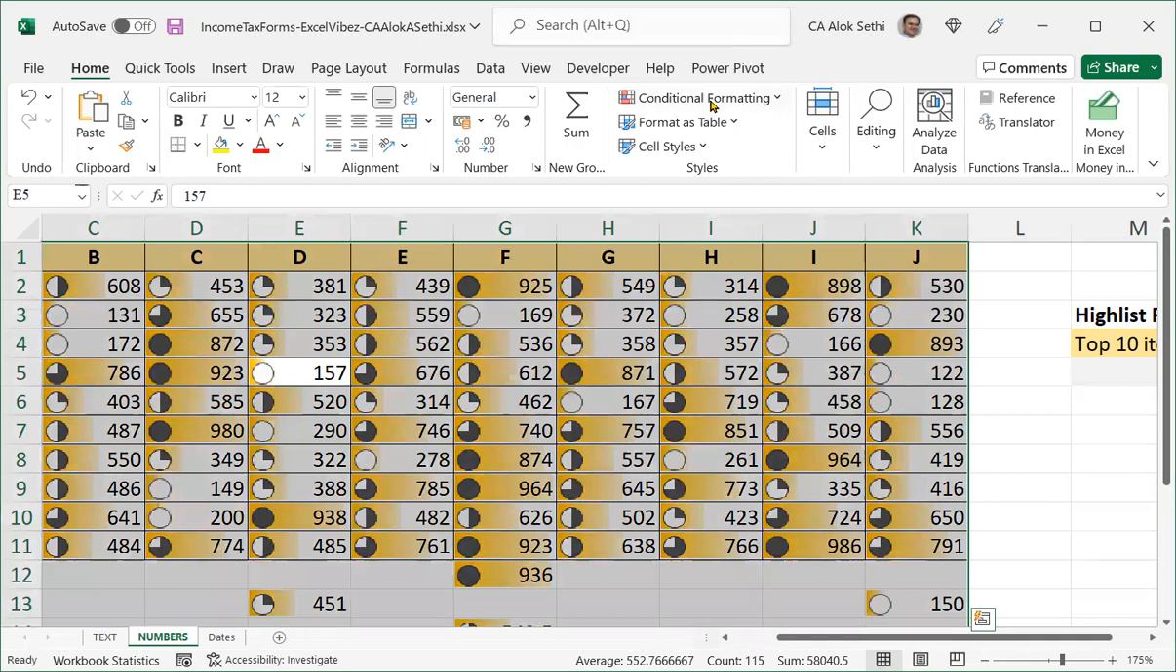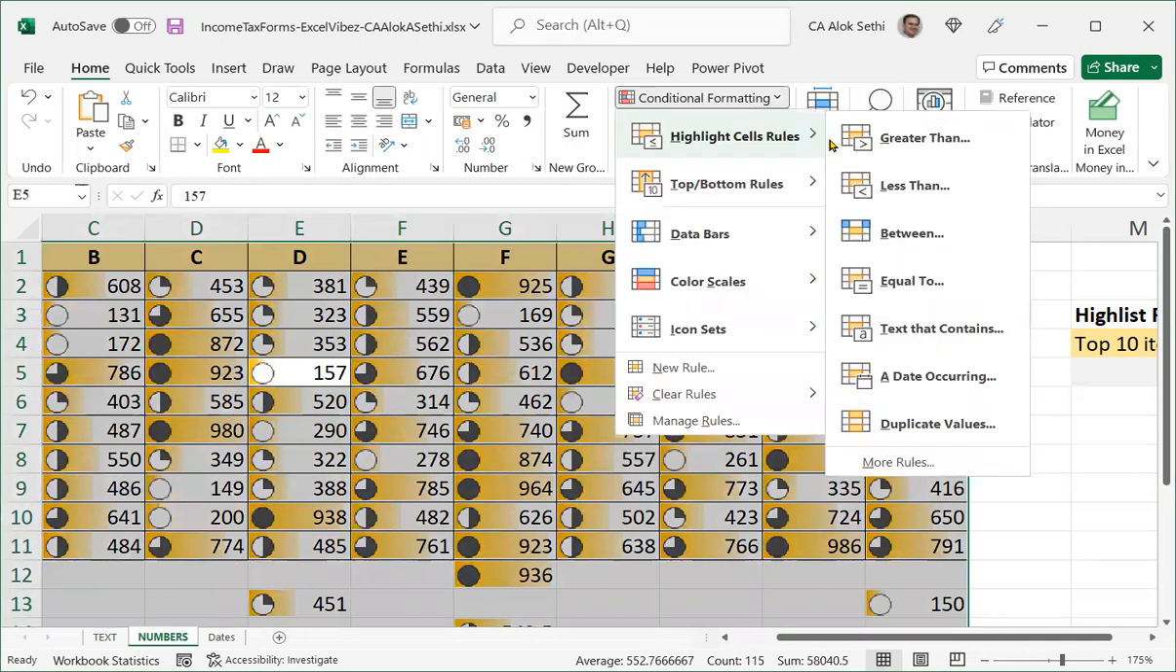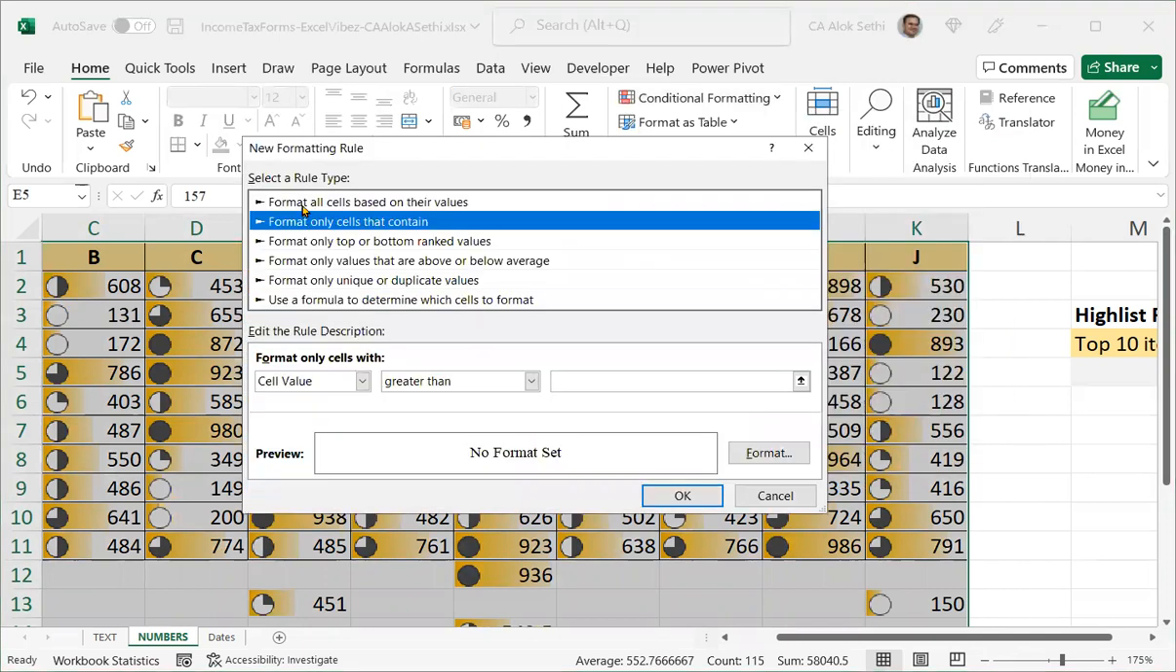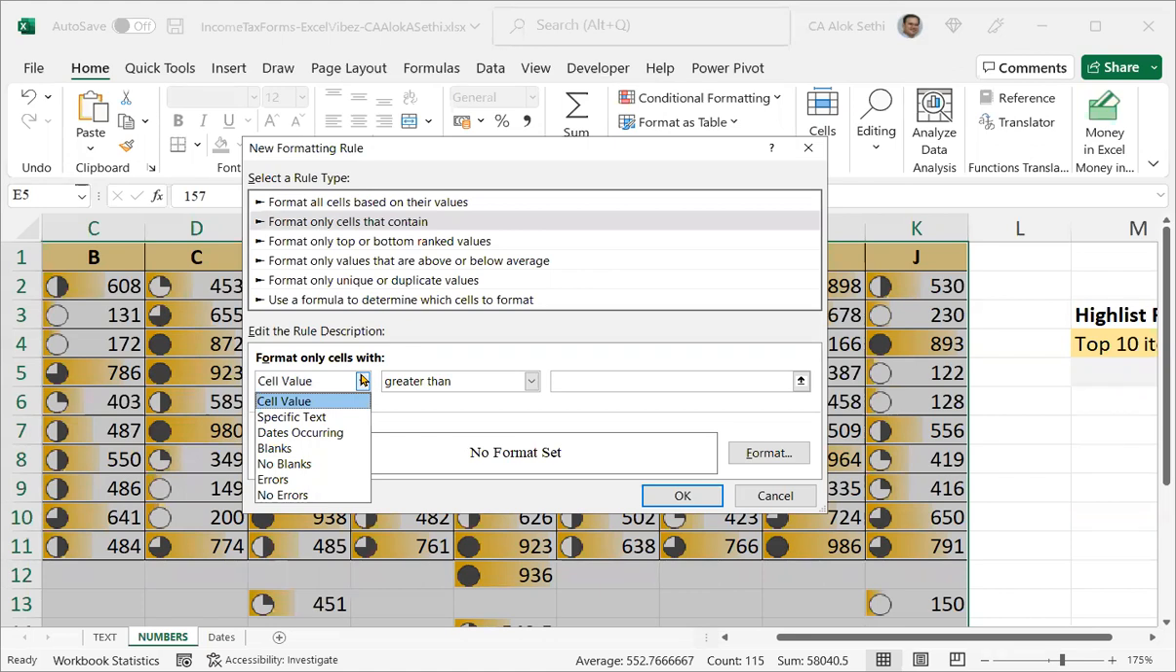So now we move to the next function, that is format all cells. This we have done. Now format only cells that contain. Now when you say contain, that means you're talking about the numbers. It is giving you all the options: cell value, specific text, date, blank, no blank, error, no error. So if I say greater than, and I want to highlight only cells which are more than 600, you can